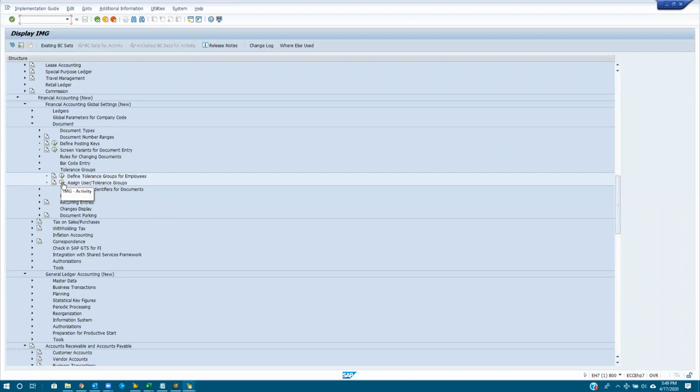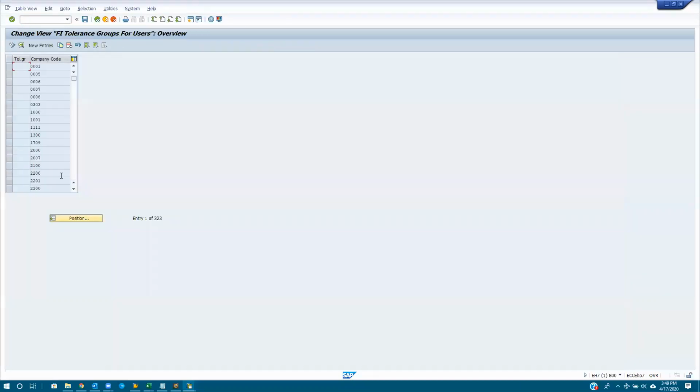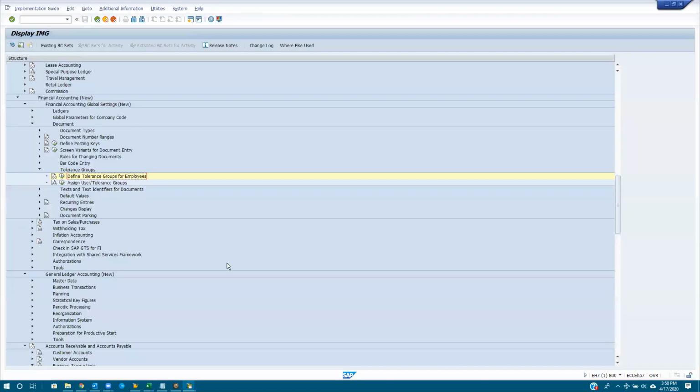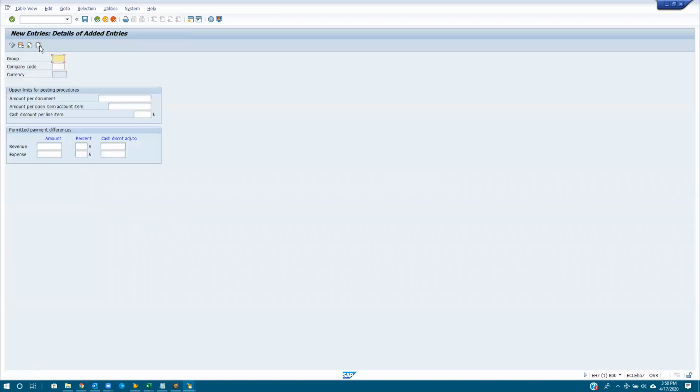Make sense? So the configuration is really simple. Just open here. Okay, regardless, when you do the test system as well, this is a step you have to do. Otherwise, the system will not let you post into accounting. So let's say a company code, you can create a tolerance group. If you don't want to create a tolerance group, usually in a test system, we don't want to do this because sometimes when somebody is using the same company code, they will run into some issues, right? So again, you go here, there's a first step, create new entries, and then you basically say,